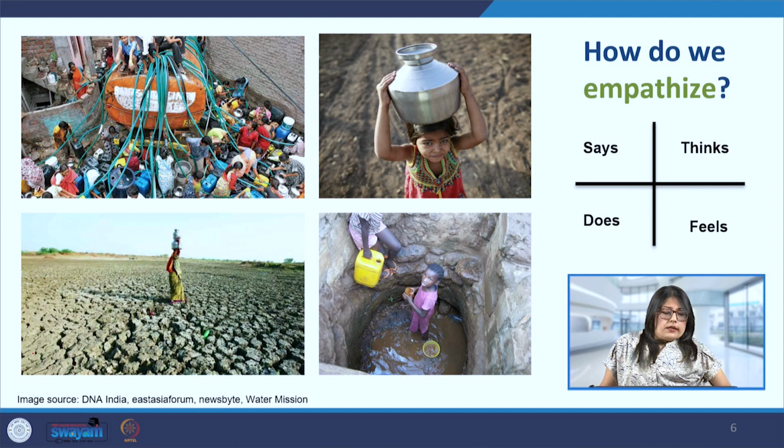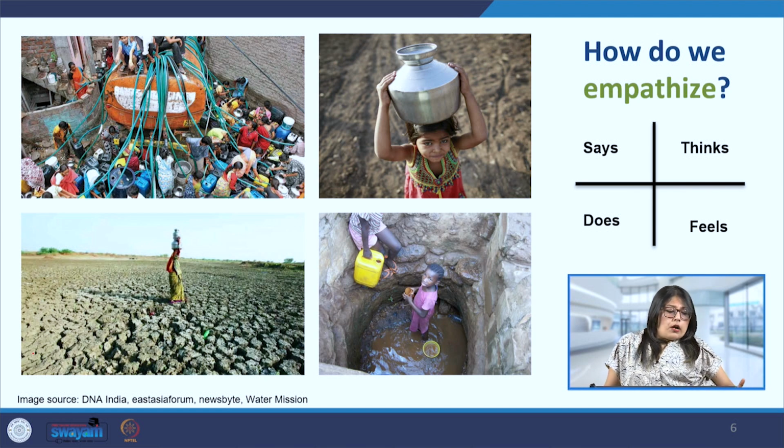And how they feel, the feeling that is generated from these two simple statements, is frustration, because they probably have to spend many hours standing in the queue waiting for water, or maybe the truck is delayed and doesn't come at a fixed time, and they have to go to work, go farming or just go about their day, and a lot of time is spent waiting. And also they are worried and anxious about the quality of the water and what kind of harm it may bring to their children or their family members. So this is what they are feeling.